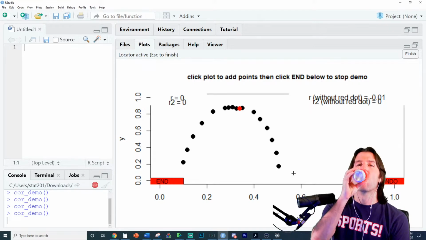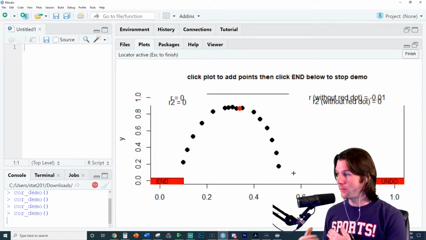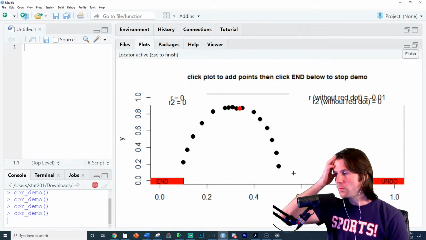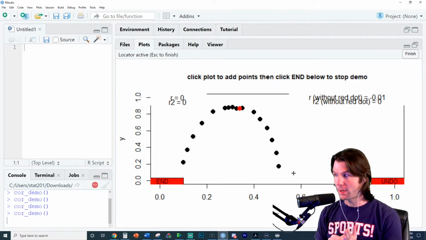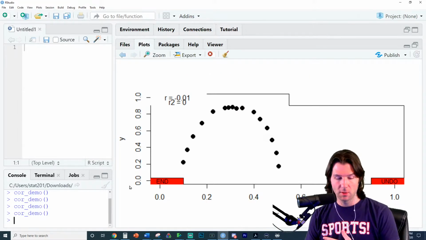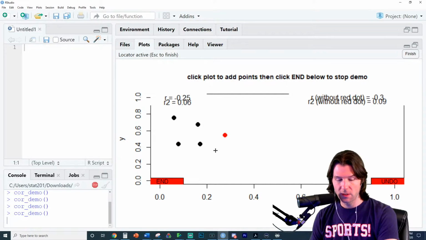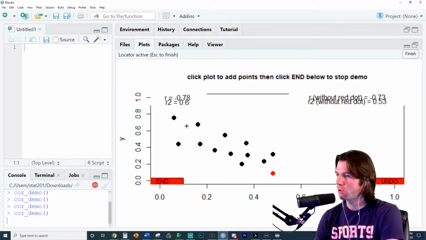So this has a correlation of 0 because correlation only measures the linear strength. So when we're trying to assess linear strength, we have to think what way does the line go? So we can look at something like this, and we could see that this is a moderate negative correlation right here. And you can see it, or moderately strong now.